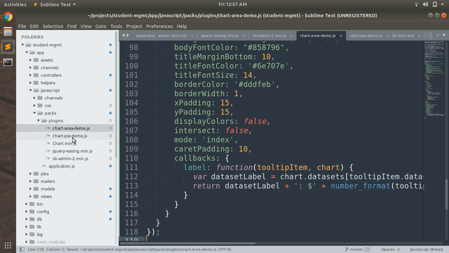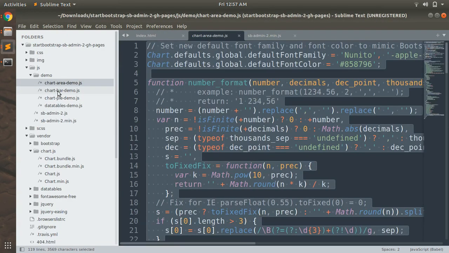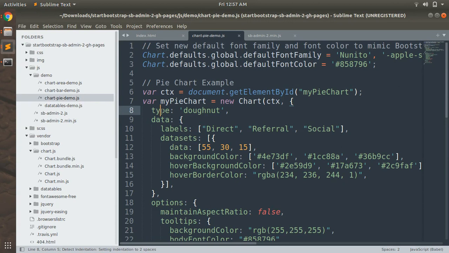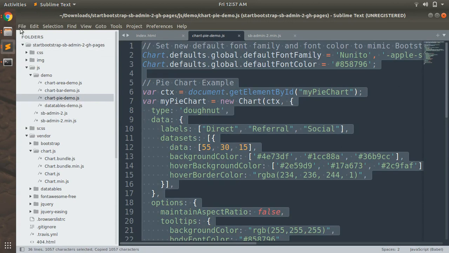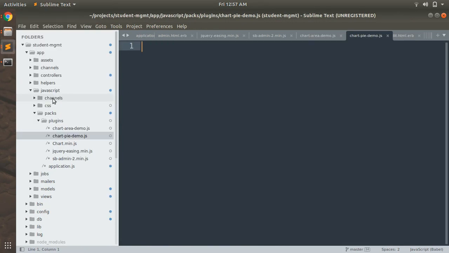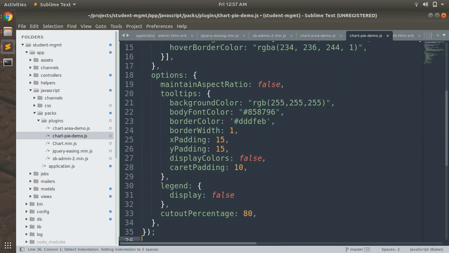Now do the same thing for chart.py demo. Copy this and paste into your project's chart.py demo. Save it. Okay, now we saved these files into our plugins, but we are not done here because